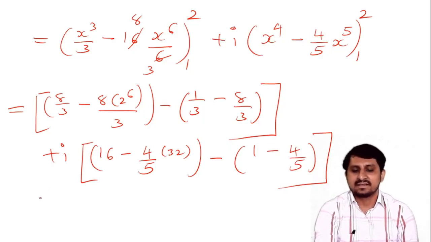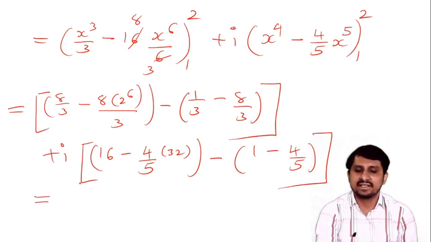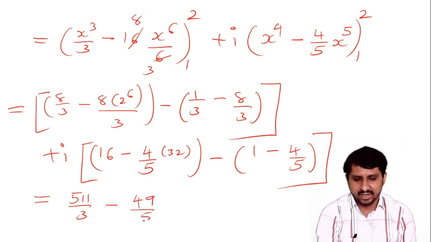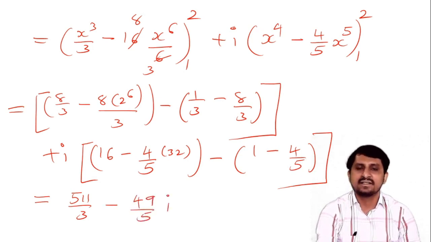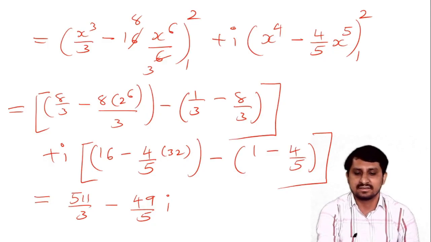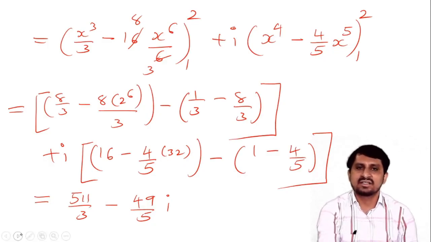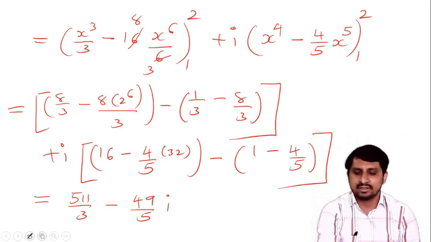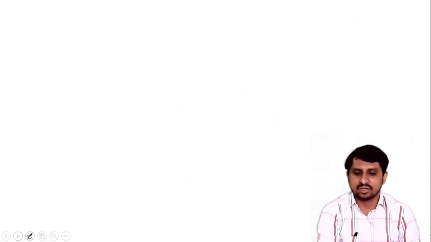So the final answer, when you calculate, you can easily calculate, is 511 by 3 minus 49 by 5 i. Now our first topic, line integral, is completed; we solved all the important examples. So our next topic is